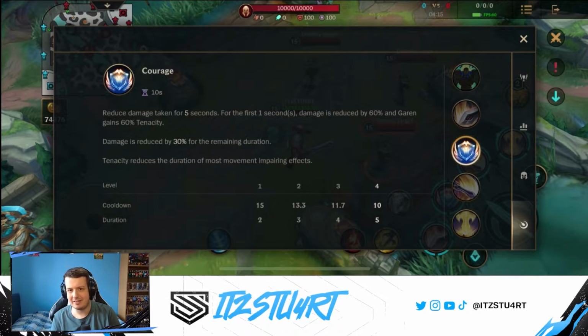Again, another ability that you don't really want to waste. You have to pretty much time it perfectly. It reduces all damage taken for 5 seconds, and for the first second, damage is reduced by 60%, and Garen gains Tenacity. Now, the Tenacity means that any incoming crowd control will be reduced. That means that if you're about to be hit by like a Lux Light Binding or a Morgana Dark Binding, make sure you use your second ability, because that means that you're not going to be rooted for as long